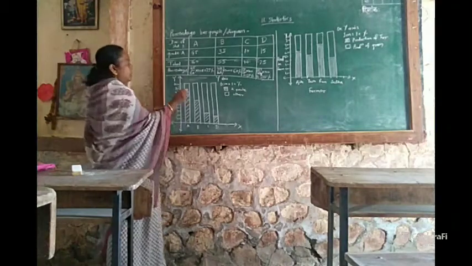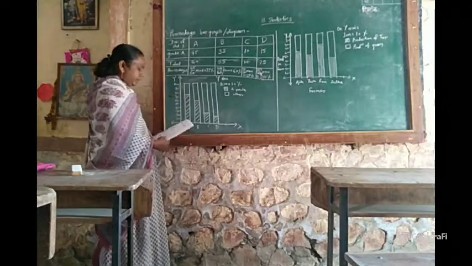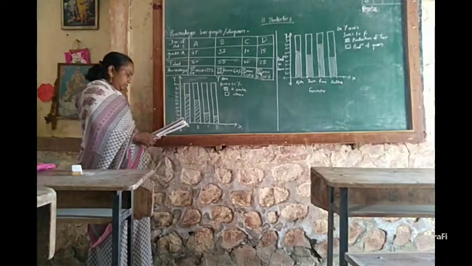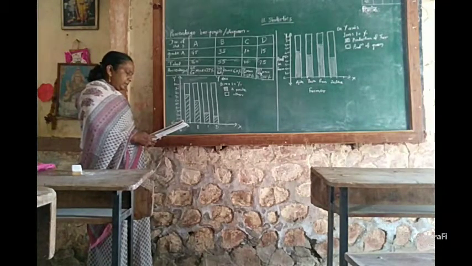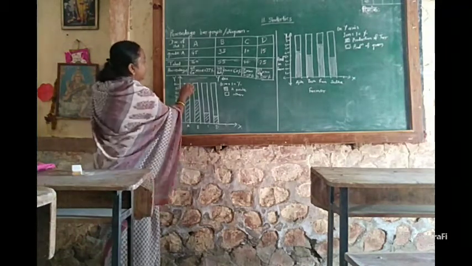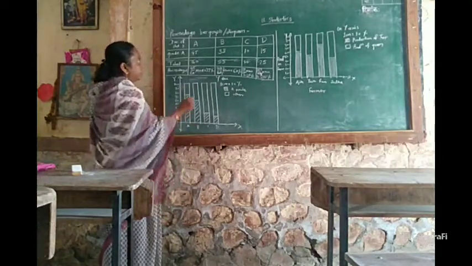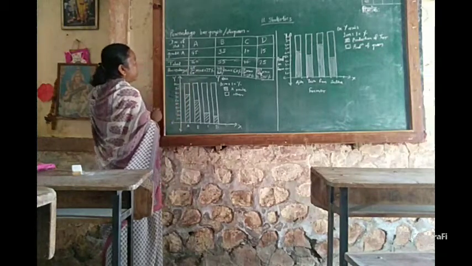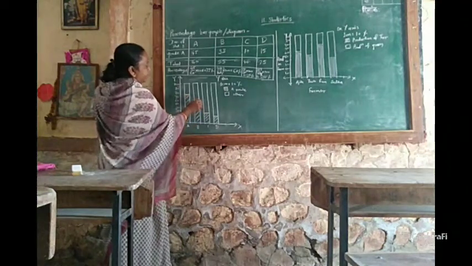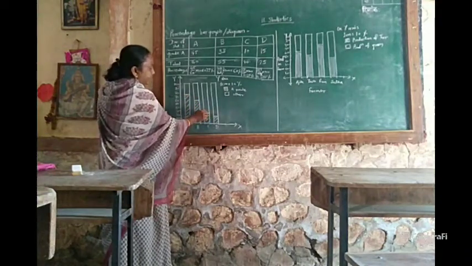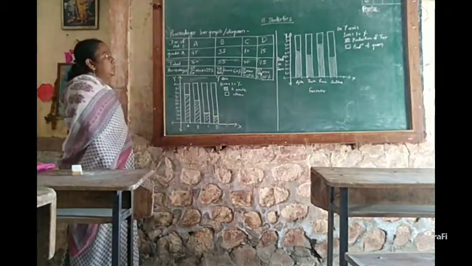Now see in this graph, all the bars are at the 100 units level. That means all the bars are at an equal level. We have to draw these 4 bars for the A, B, C, D divisions, and then we have to subdivide them. The number of students in A division who secured the A grade is 75%, so it is subdivided at 75%. For B, subdivided at 60%. For C, at 25%, and for D at 20%. Thus we have completed our percentage bar graph by using this information.